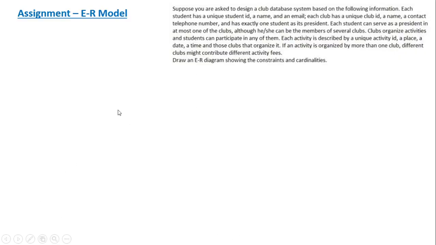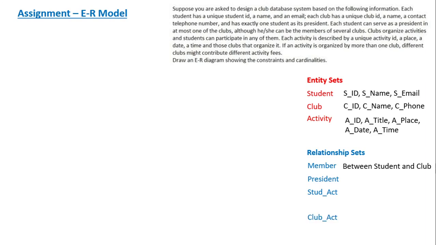So in the first assignment, this was the problem statement provided related to the club activities. We have already drawn the ER model for this given problem statement.